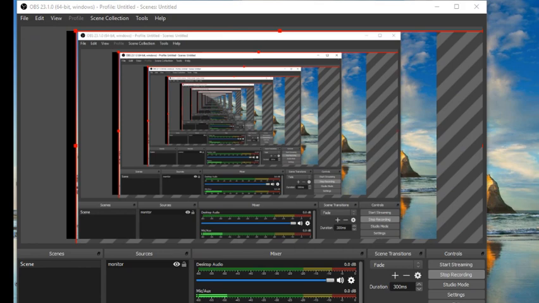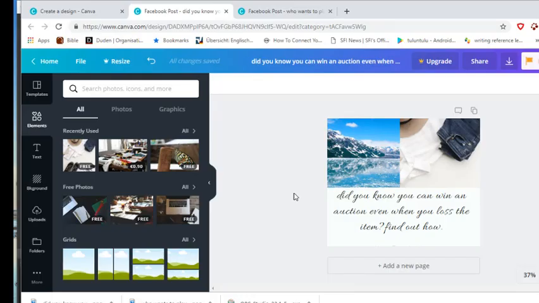Once you've done that, you find that once it is on your computer, you can now upload it to your Facebook page. If you go to my other video, I showed you how you can upload this kind of post on your Facebook page directly to the group you've already created to post it to. So that is all there is to it for Canva. Once you've done this, please watch the other video and